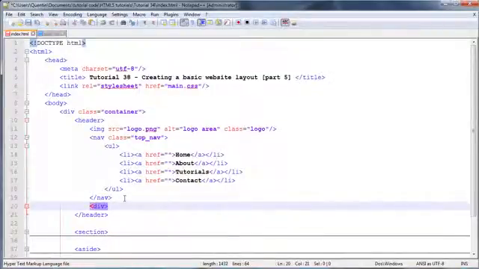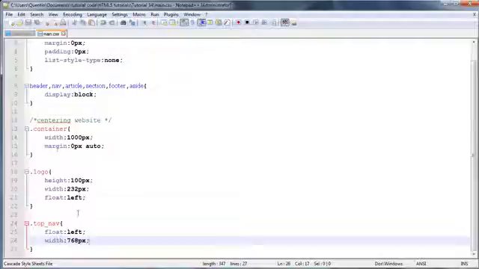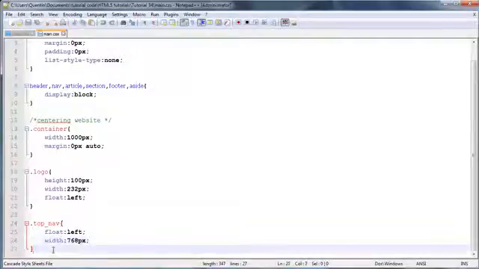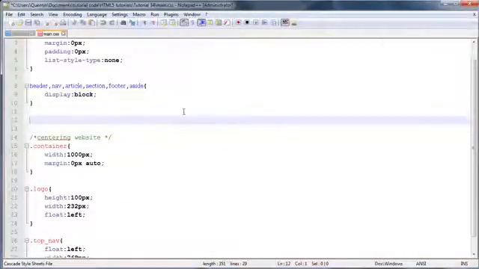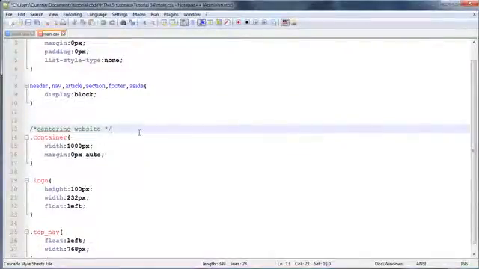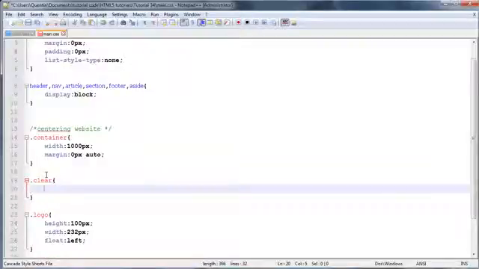So I'm just going to give this a div, and I'm going to end that div off, and it's going to be an empty div, but I'm going to give this div a class of clear. Now go back to CSS, and I'm not actually sure where to put it, but I'm going to put it up here maybe with the rest of the default stuff. So actually no, let's put it just right there. Okay, so select that class of clear, and we will just give this an attribute of clear both, and